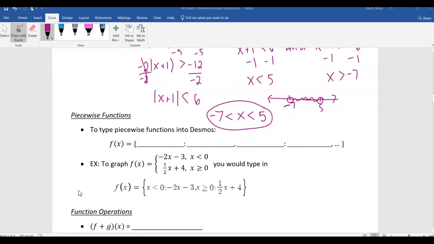Piecewise functions is something that we went over. It's really helpful to be able to type these into Desmos, but they're a little bit tricky. Whenever you type these into Desmos, you are going to do f of x equals, you're going to use squiggly brackets. You're going to put the first domain, we'll call that domain 1, and then you're going to put equation 1. And so, for example, in this one right here, this is domain 1, and this part right here would be equation 1. And then you will do a comma, and then you'll do domain 2,